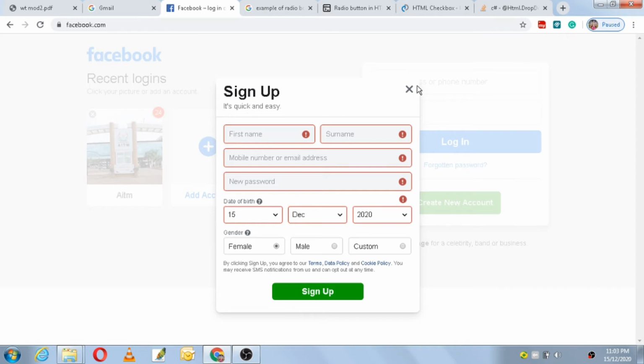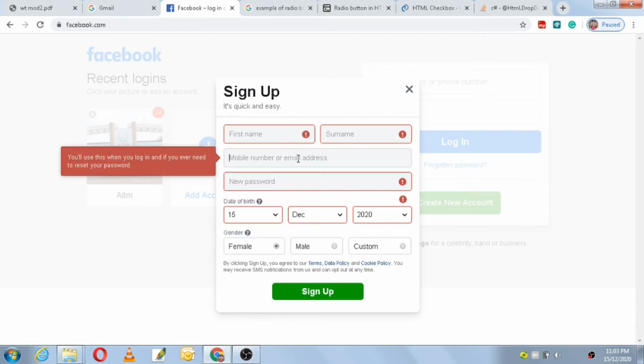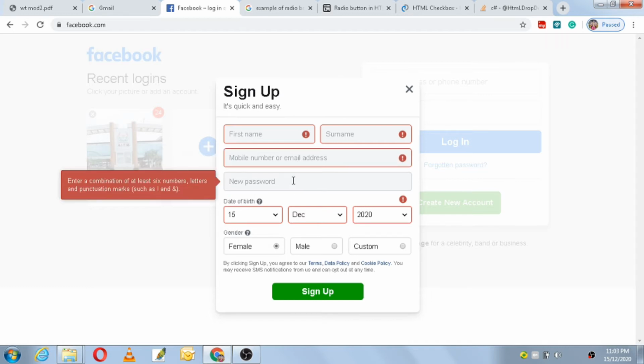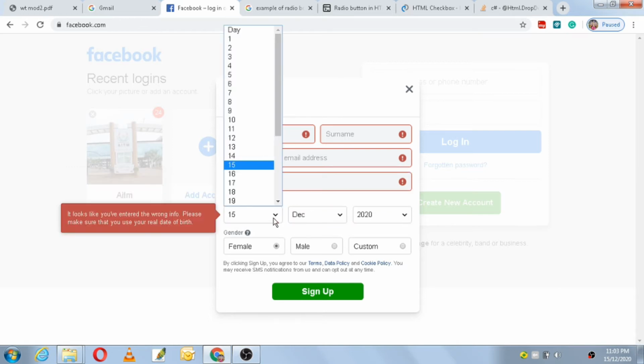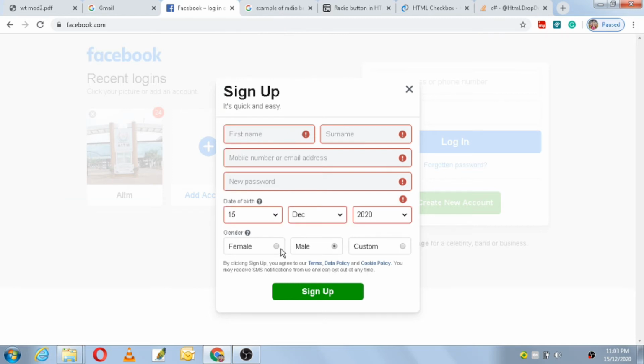So this form has n number of things in it. Input is taken in terms of text, in terms of numbers, in terms of characters, like you get asterisks there. Here input is taken in terms of an option list, and here in terms of a radio button. And here, for sign up, input is taken in terms of a submit button.